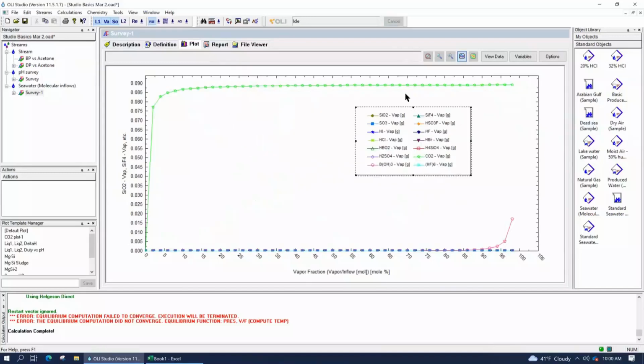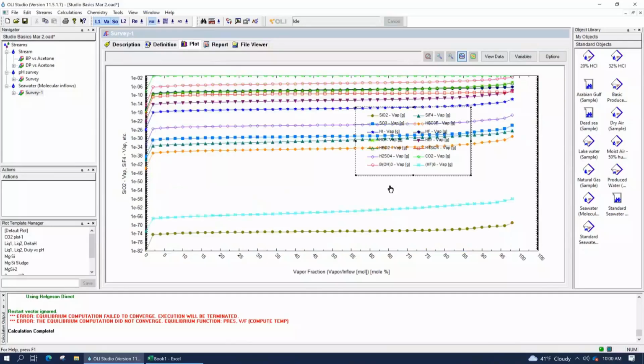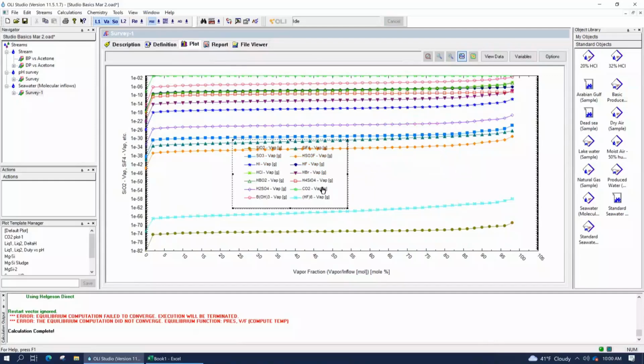What you see next is carbon dioxide. So as I evaporate the carbonate, CO2 evaporates. So now I've got a high concentration of CO2 in the system. And at higher temperatures, I see a little bit of boric acid. Now, I could delete the CO2, or maybe the first thing I want to do is, like I did before, right mouse click on the y-axis and show everything in log scale. So let's just do it that way for now.